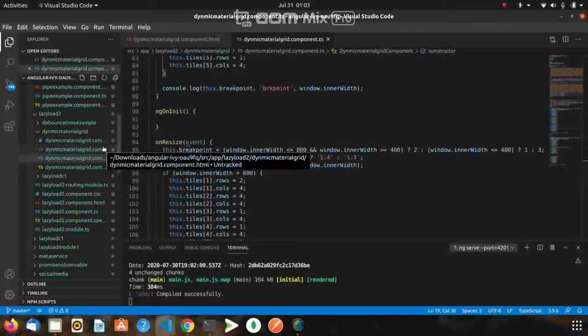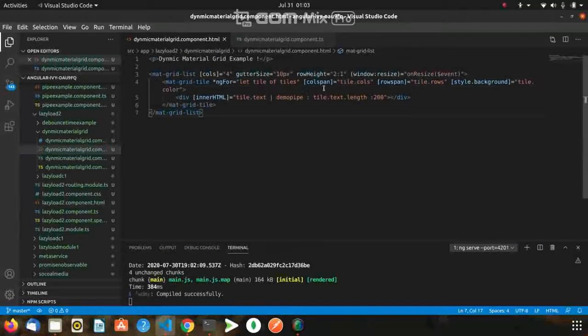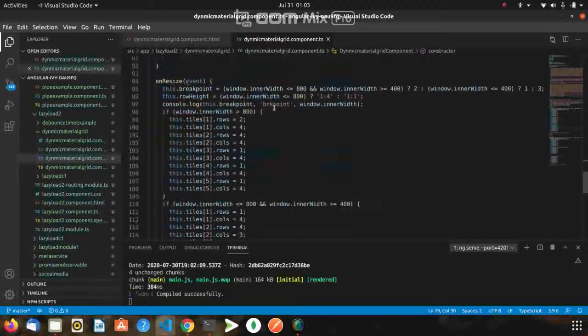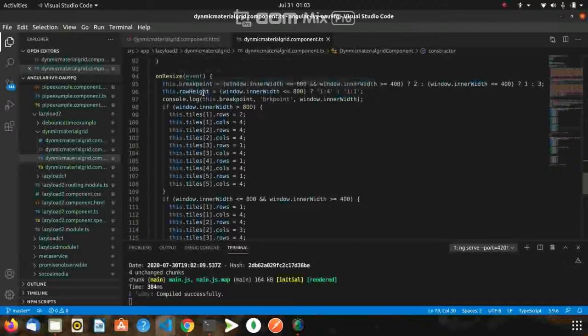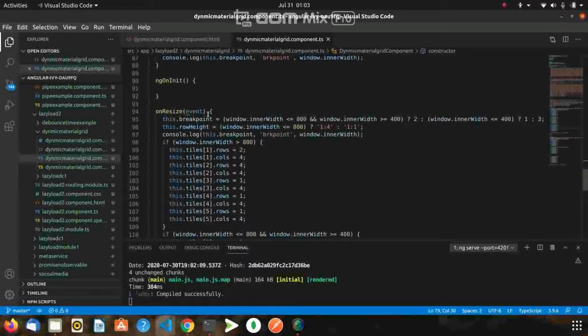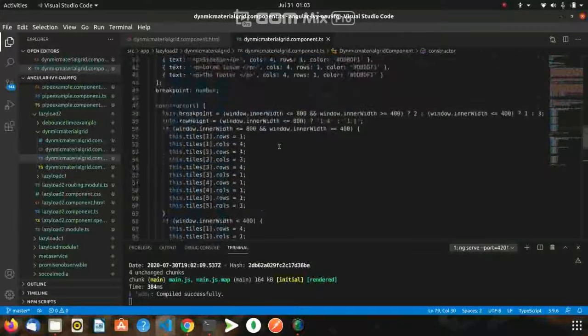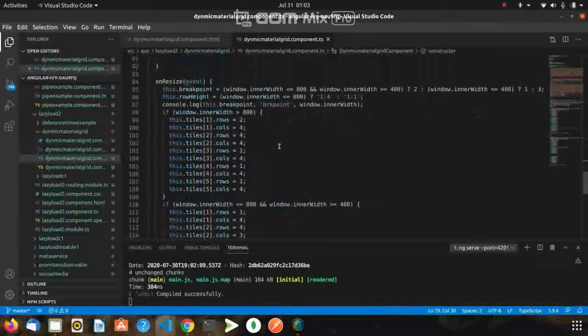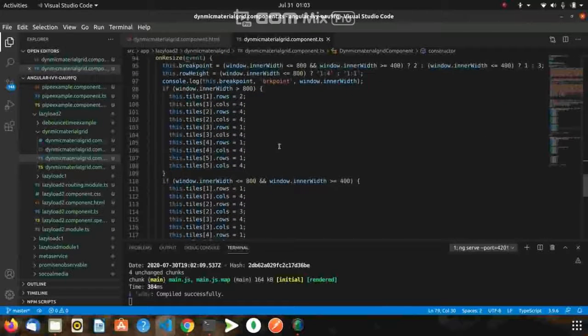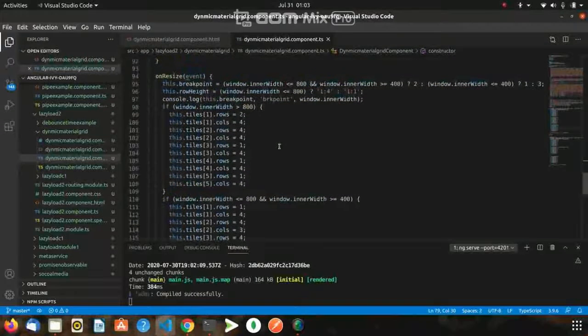And going to window resize, the function name is onResize, and the event parameter is passed through it. I declare the function, and the same conditions are applied in this function, because by default the pixel size of any page on any desktop or laptop varies.